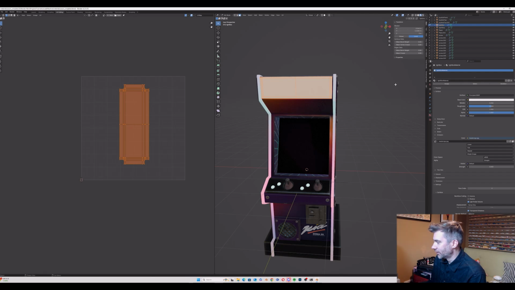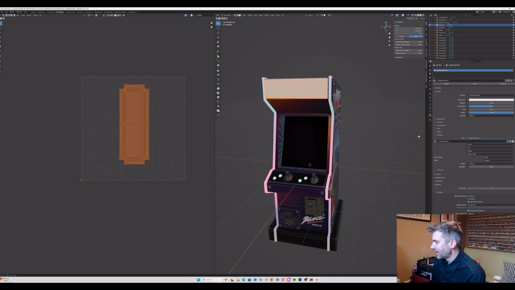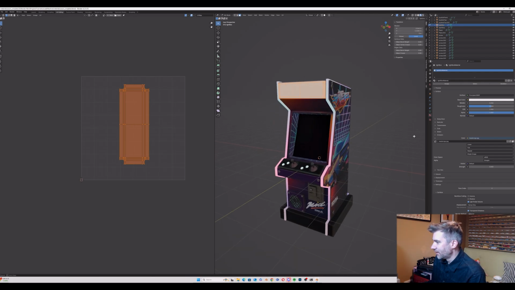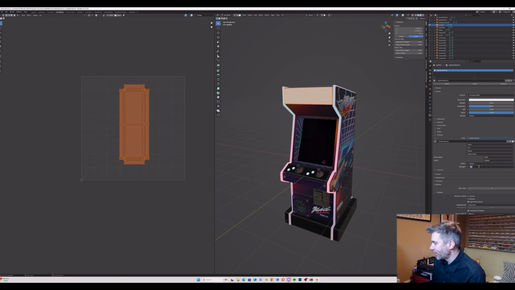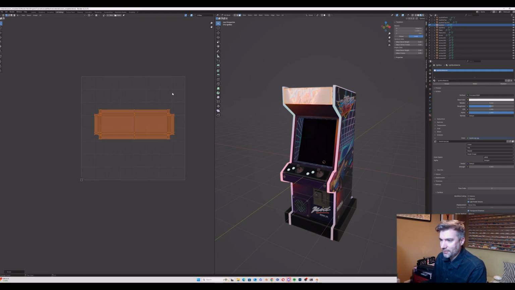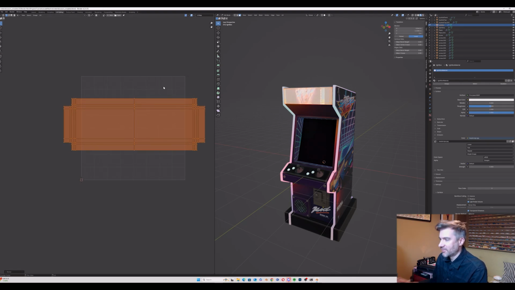And at the moment you're not going to see much, so we need to go back into UV editing, and let's just turn on our shading view, and we need to set this strength here to 1. In fact, let's set it to 5. There we go. You can see the image coming through now, but it's at the wrong angle, so we're going to rotate this 90 degrees,